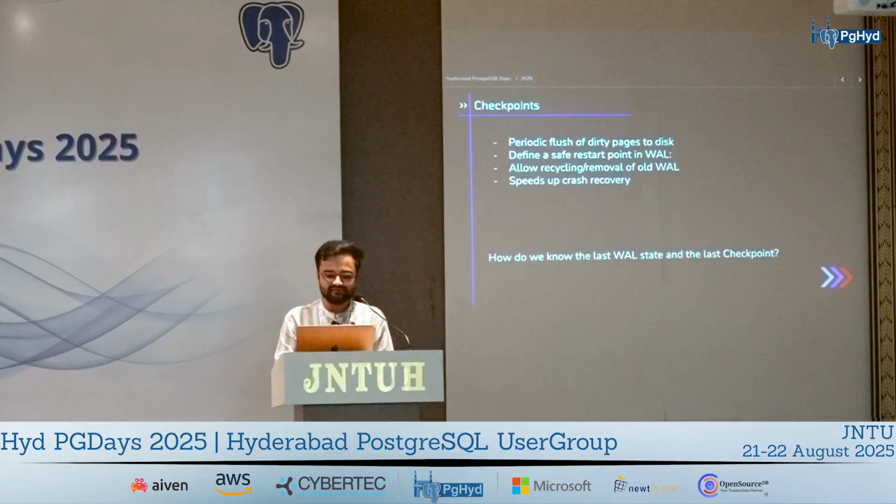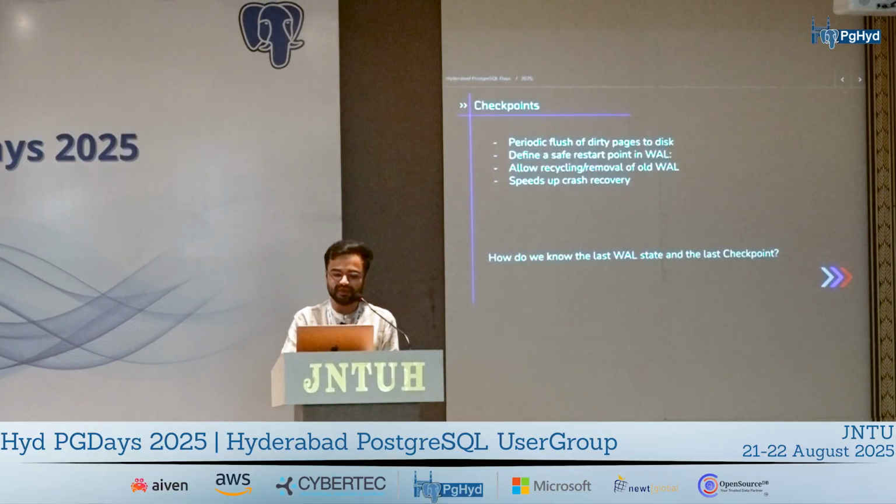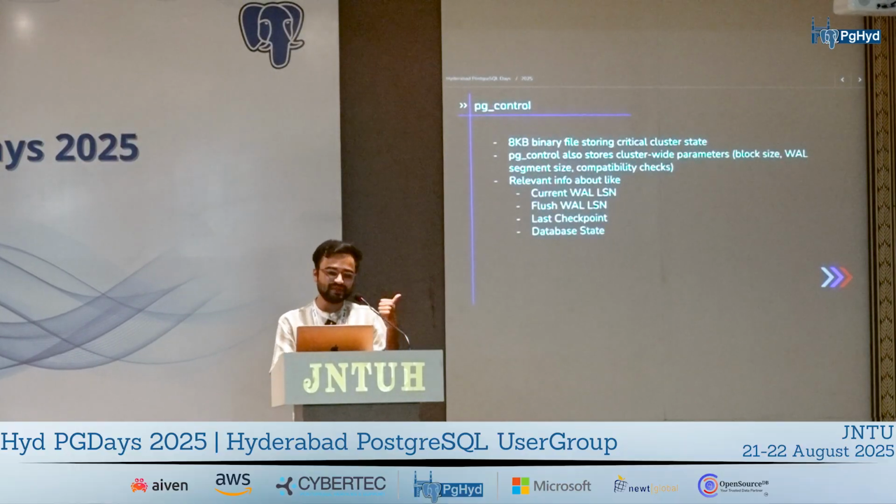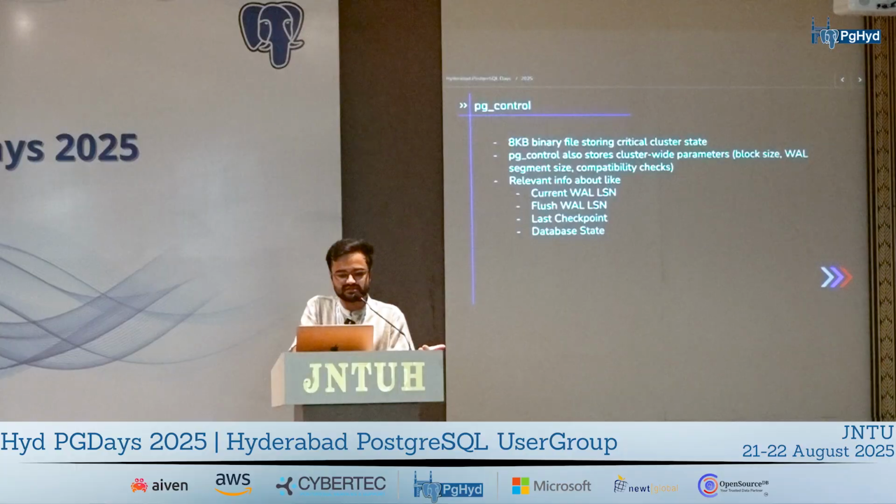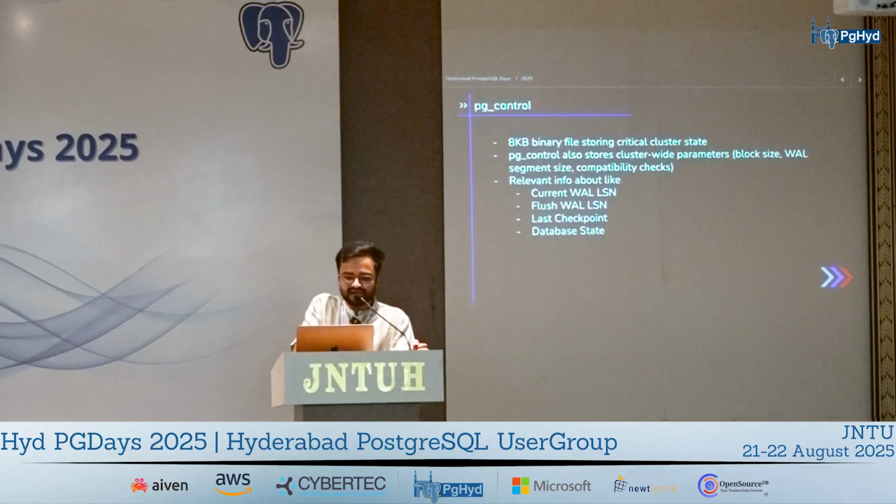Now these two points make sense: we have checkpoints, and we also have the WAL records present on my disk. But how do you know which particular checkpoint you need to apply, and which WAL record you need to apply? For that, we have a pg_control file within Postgres. This is a very small 8 KB binary file, and this